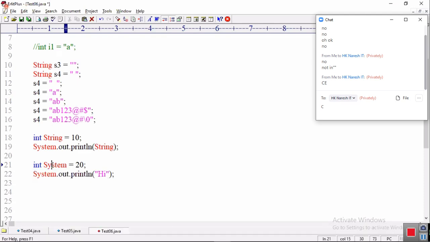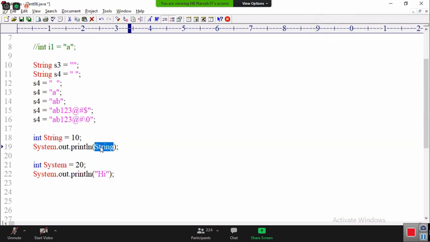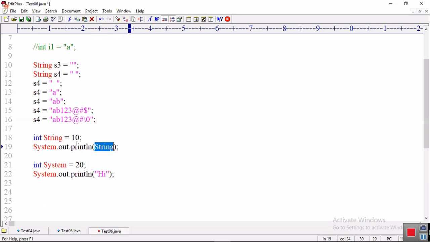Here system. This is which system? When I write this String repeated here, does the compiler consider this string as the predefined class String or as the variable name string? It considers it as the variable name string, then reads its value 10.